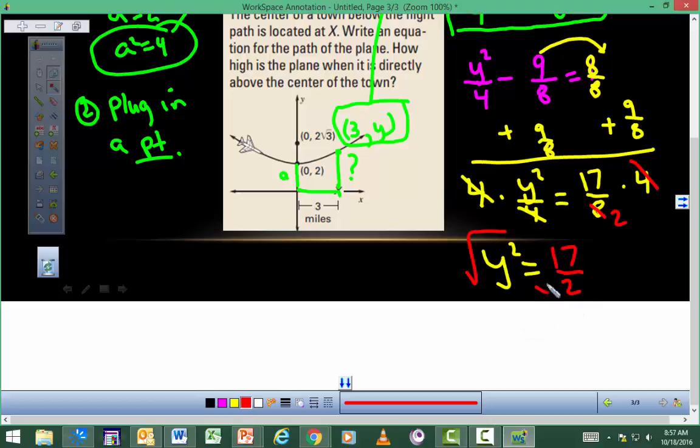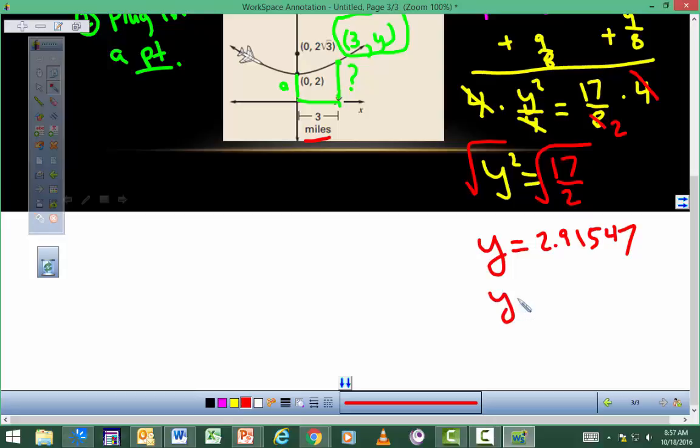Well, now I take a square root here and a square root here. And so we can simply say y is equal to, and what I'll do is I'll just do this in my calculator. 17 divided by 2. Then take the square root. I get about 2.91547. And what is this unit that we're measuring in? It looks like it's miles. So at this point, we're going to say y is equal to about, we'll use the approximation here, 2.9 miles